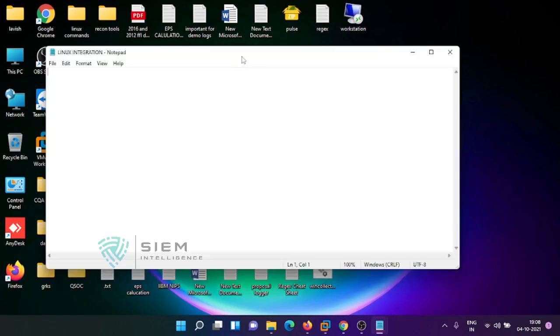First and foremost, we require a Linux machine. There is one folder where the entire logs are stored. I think people might know, but still I'd like to say there's a location called var log messages.